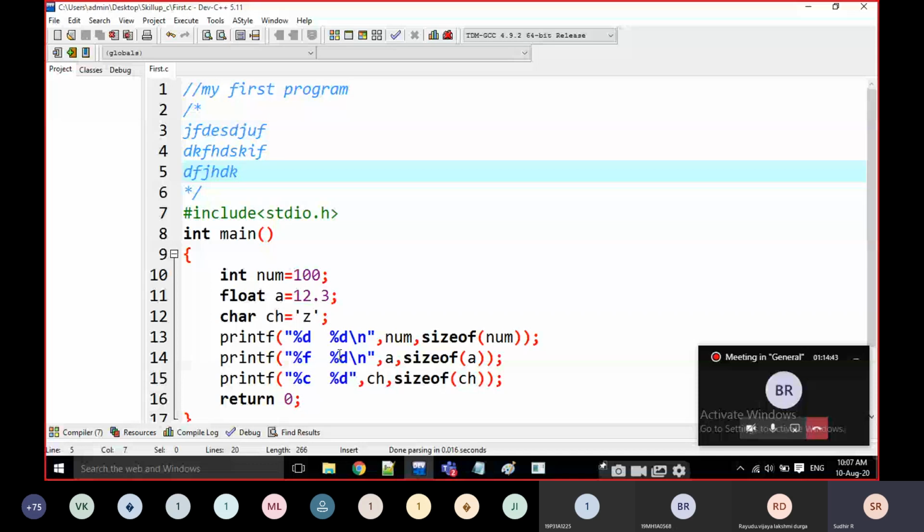Inside we can write n number of lines. Okay, in this way we write multi-line and single line comments here.